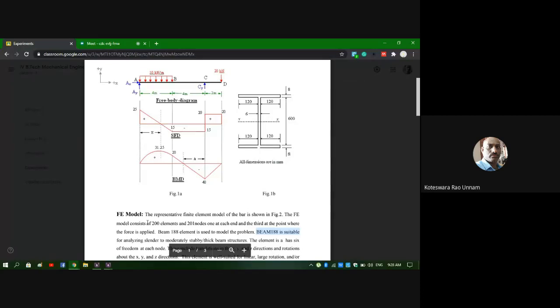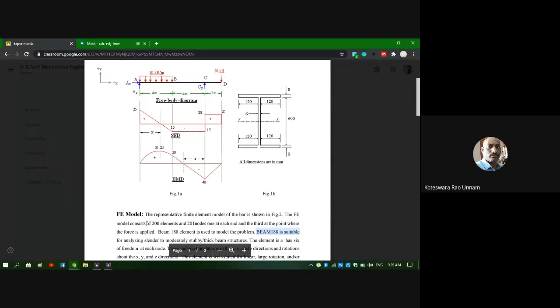Because in the previous problem you had only 2 elements and 3 nodes, I used the direct approach. But in this particular model, I want to create 200 elements with 201 nodes. Manually creating 201 nodes means inputting the coordinates for all those 201 nodes, then creating these 200 elements. So it is going to be a tedious process.